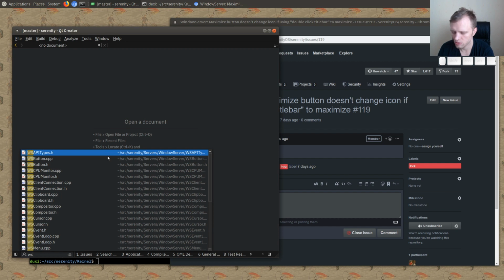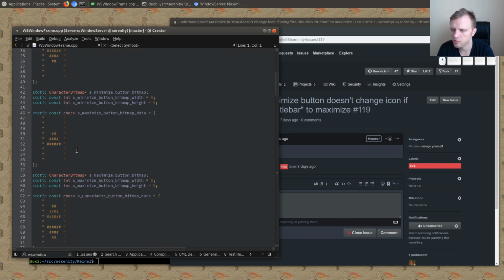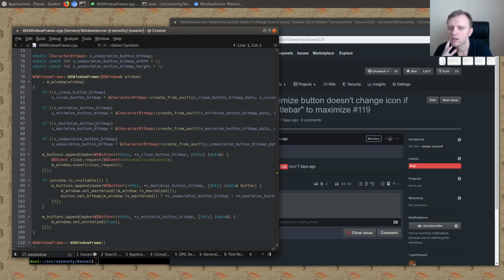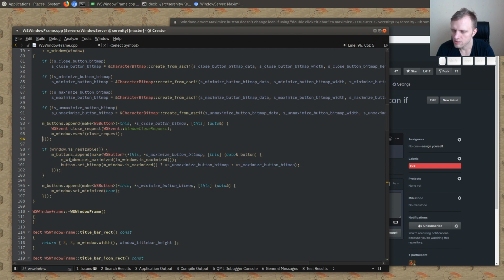So let's go in window frame, I guess, which is where the buttons live. So every window frame has a set of buttons, and the only button really that's optional is the maximize button, because it will only show up for resizable windows. All windows are closable and minimizable. And the way that this button works is,